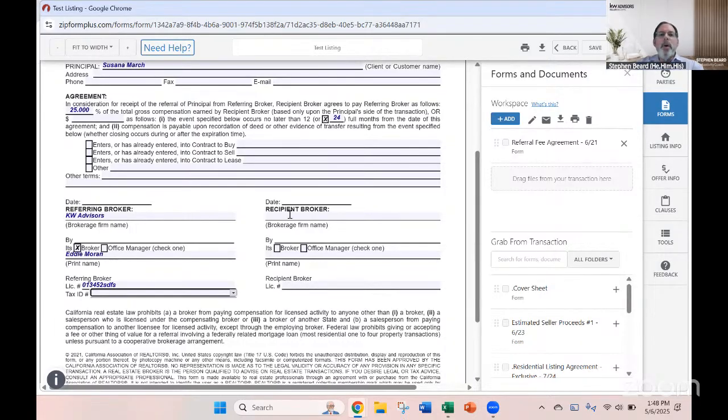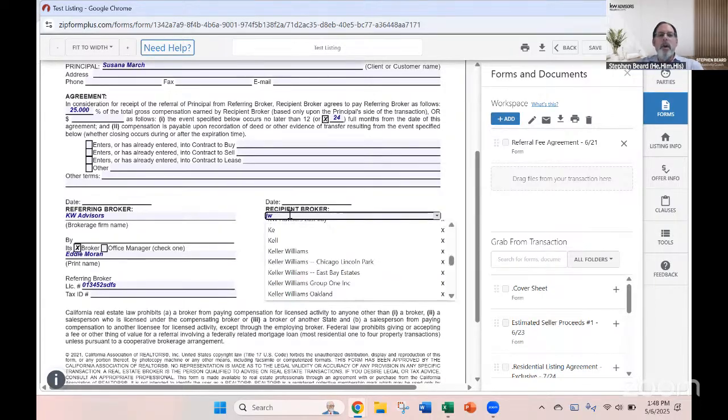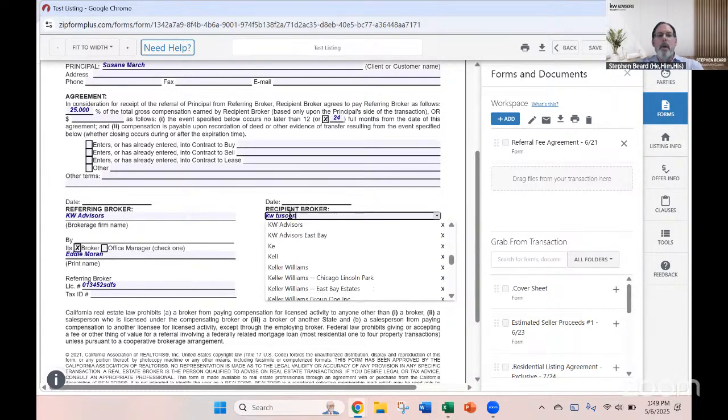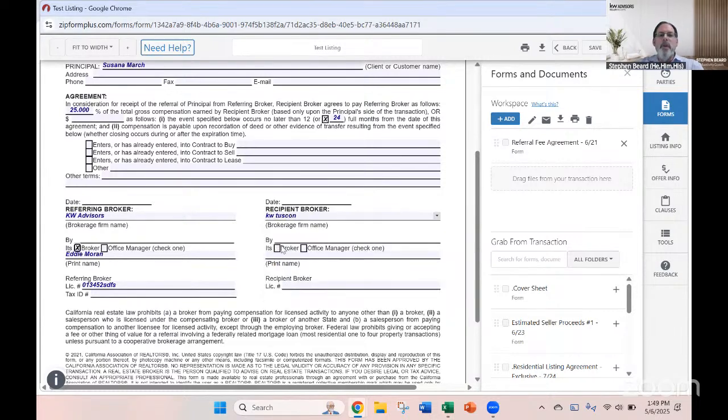And then you put on the other side the name of the brokerage getting the referral. And you can leave this blank actually. Leave this blank, because that is going to be filled in by the other side. Then you send it digitally for signature. And notice your buyer or your seller you're referring out, they don't sign this. And guess who else doesn't sign it? You don't sign it, okay? But you absolutely want to get a copy of it when it's fully signed. You want to facilitate the whole transfer of the information.